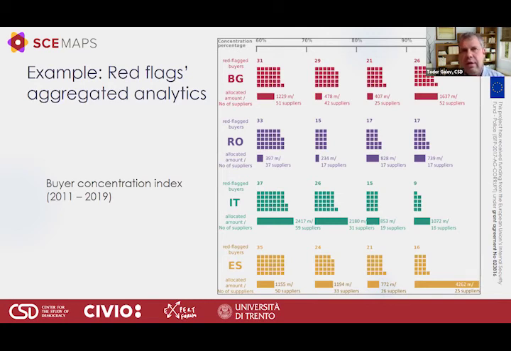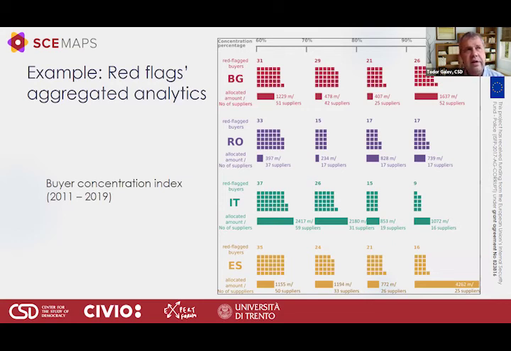It means that each of them, on average, concentrated, let's say, to 2 suppliers. And the total amount of money that went to these suppliers is 1.6 billion euro. If you look comparatively across the countries and across the different concentration levels, you can see that actually Bulgaria and Spain have the highest levels of concentration.